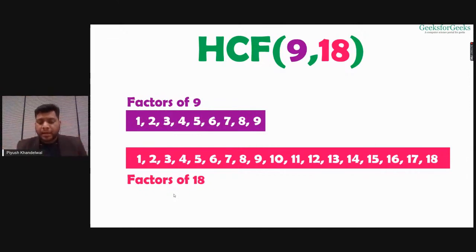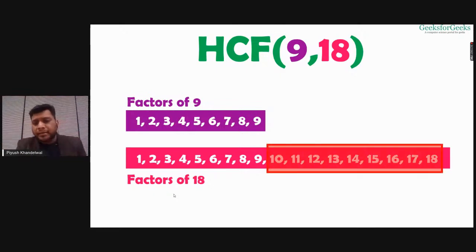Now you tell me, is there any chance that I'm going to get a factor of 9 in the range from 10 to 18? I can never get a factor of 9 from any number larger than 9. So now, if I'm looking for a common factor, a number that divides both 9 and 18, I'm sure that in this range I'm never going to get a factor of 9.